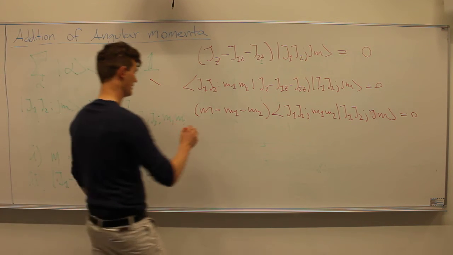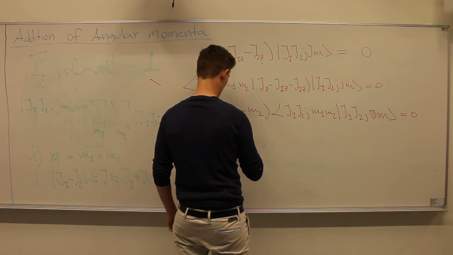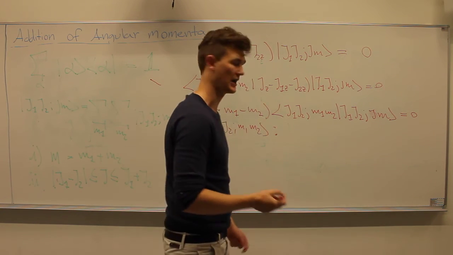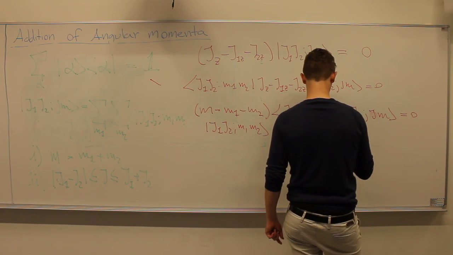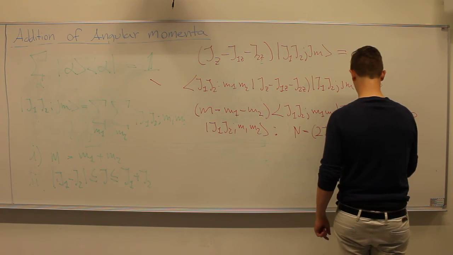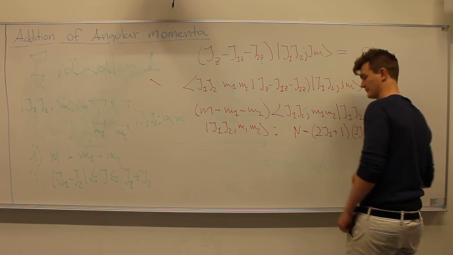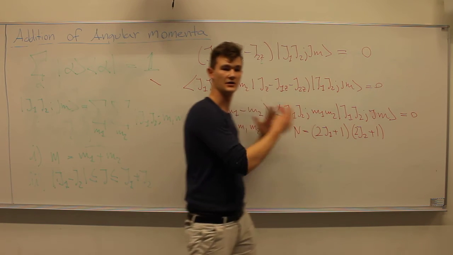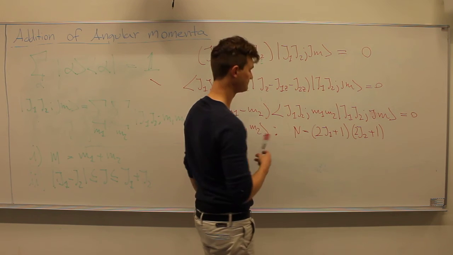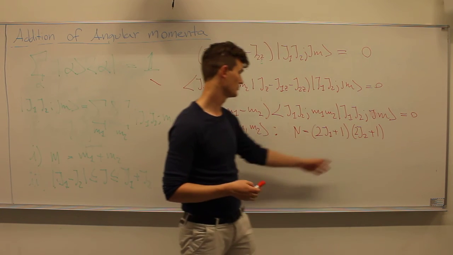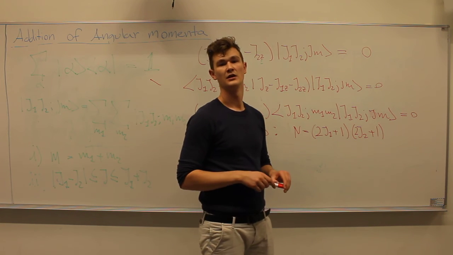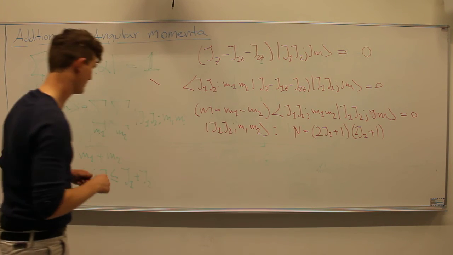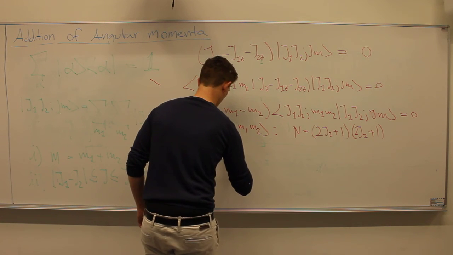So of course, if we look in the J1, J2, M1, M2 basis, then the number of states, which I will denote N, must equal (2J1 plus 1) times (2J2 plus 1). And this is of course because there are 2J1 plus 1 states of the J1z operator, and there are 2J2 plus 1 states of the J2z operator. If we look in the other basis, the JM basis, so J1, J2, J, M,